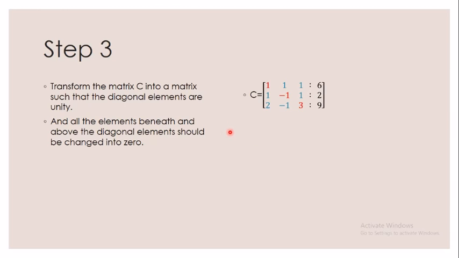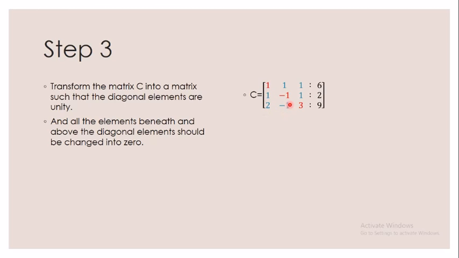So you have to transform the matrix C in such a way that the diagonal elements are unity, and the elements beneath the diagonal elements and above the diagonal elements, for example in this case where I have marked blue, should be converted into zeros,